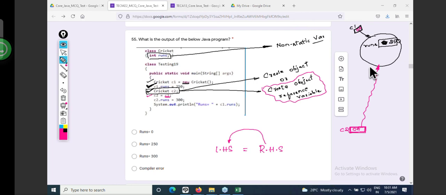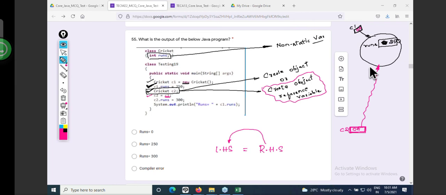Meaning one object having how many reference variables? Two reference variables.